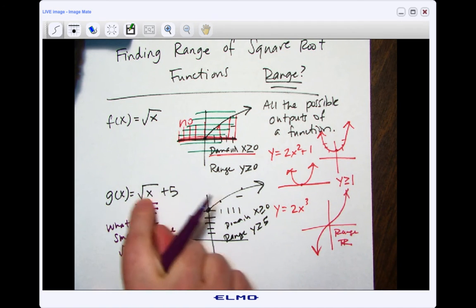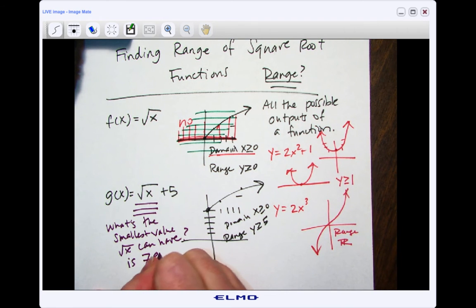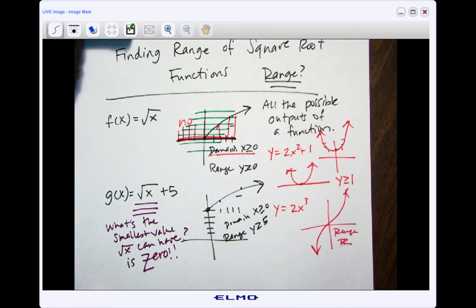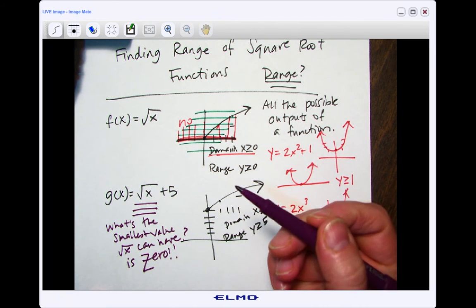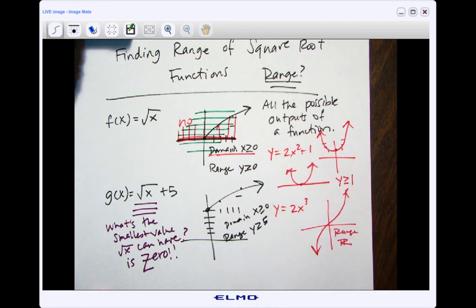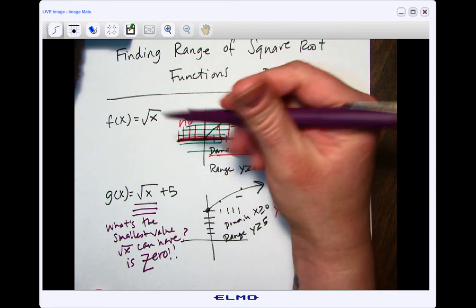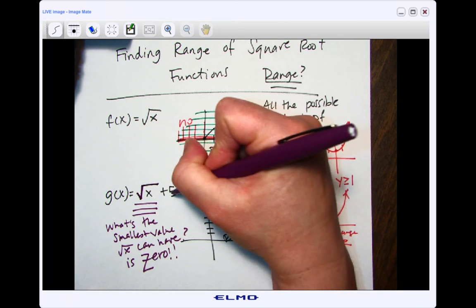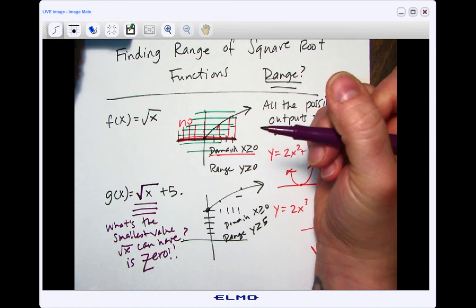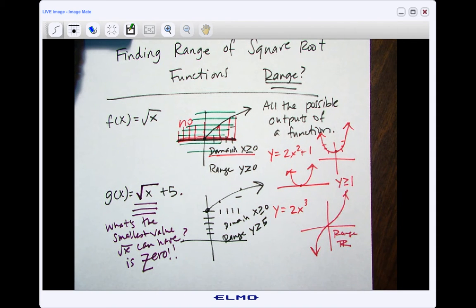So the smallest value this can have is, isn't that true? The smallest number I can get out of this expression is 0. Because to get a smaller one, I'd have to use negatives, and I'm not allowed. I can get bigger than 0, but I can't get smaller. So if you think about this, if the smallest square root of x can ever be is a 0, and I always have to add 5 to the 0, well, then that means the smallest I can get out of this whole expression